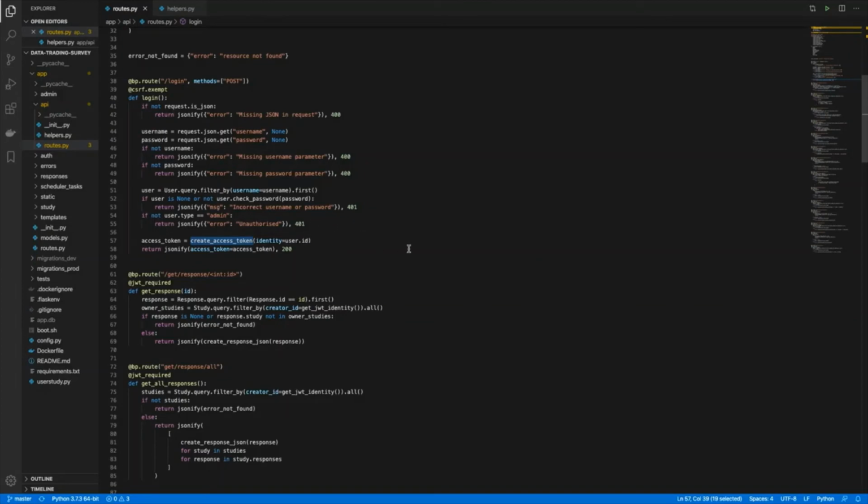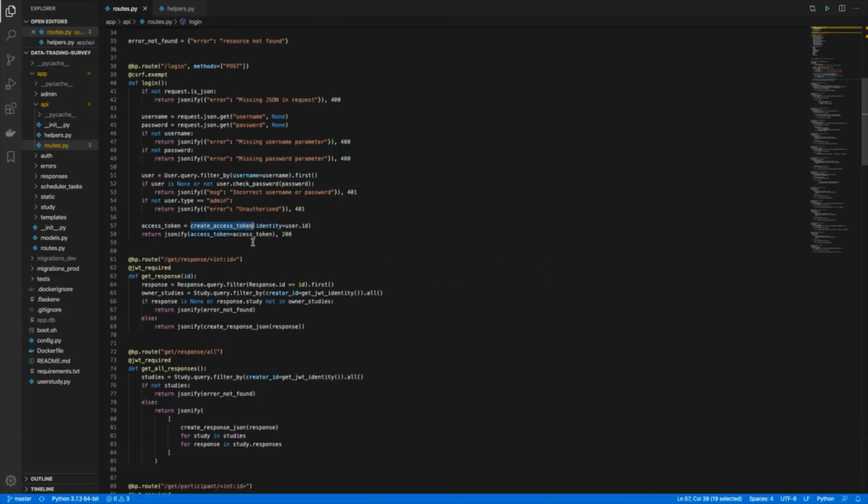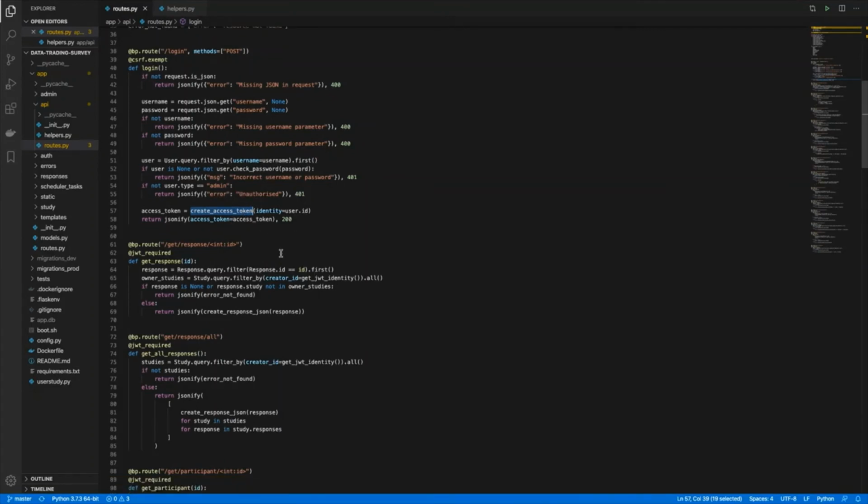This creates an access token with their identification embedded within it, and this access token is used within all subsequent requests to the API endpoints.